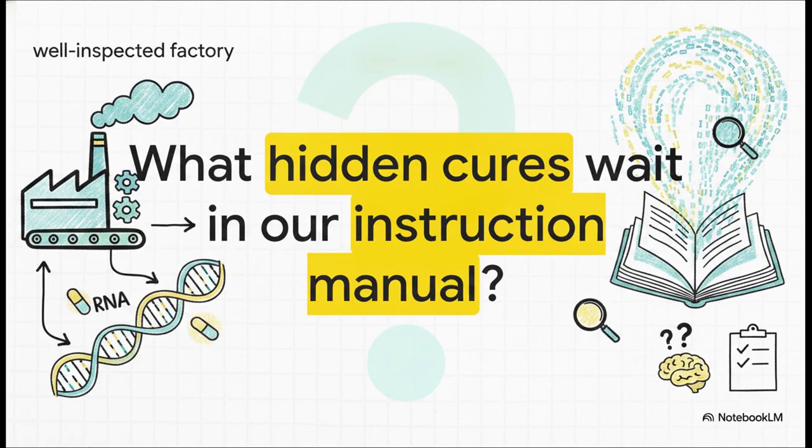So, what does this all mean for us at the end of the day? Well, as our sources have shown, quality control isn't just some boring chore where we delete bad data. It is the absolute foundation of biological truth. If we can build a perfect, well-inspected factory based on the principles we've talked about today, we are genuinely one step closer to unraveling the mysteries of disease itself. As these bioinformatics pipelines become fully automated, what hidden cures will we find waiting in the vast data of our own